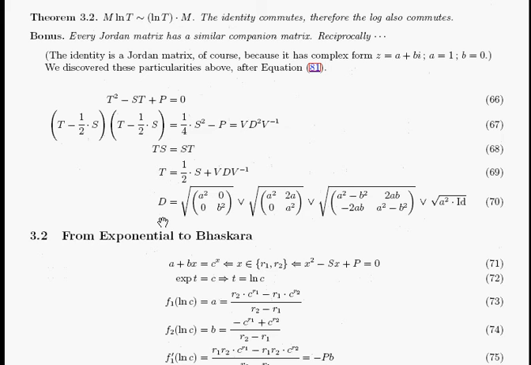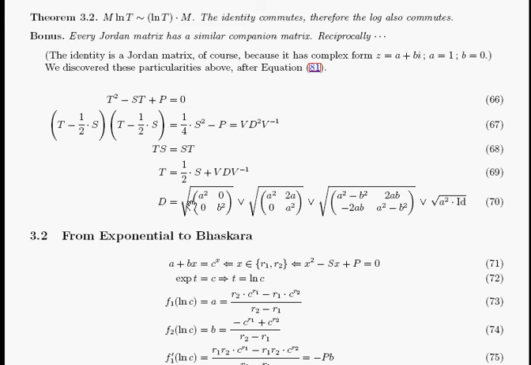So, where were we? T2 minus ST plus P equals 0. Matrices T, S, and P. We want to use Bhaskara, so we want TS equals ST. Then we can complete the square. 1 over 4 of S2 minus P is the square of a matrix. It's V D2 V inverted. Then the solution T is 1/2 of S plus V D V inverted,